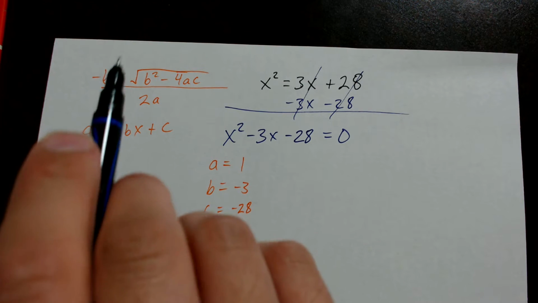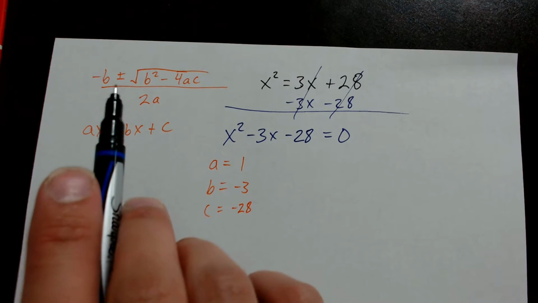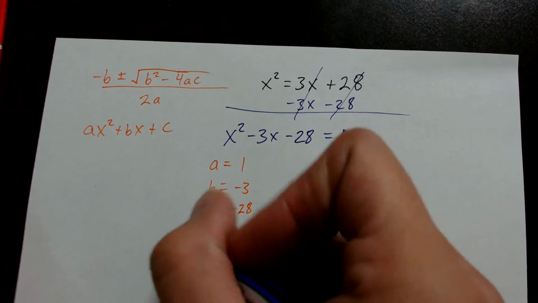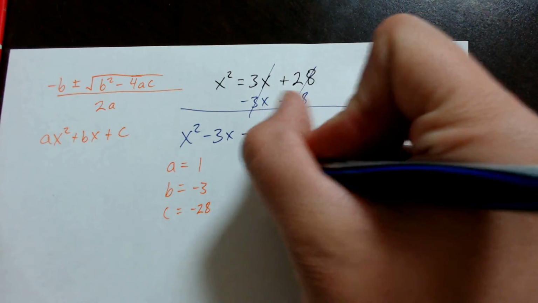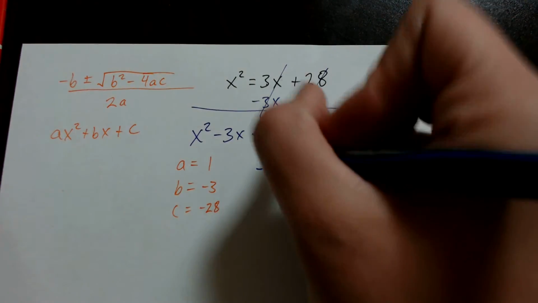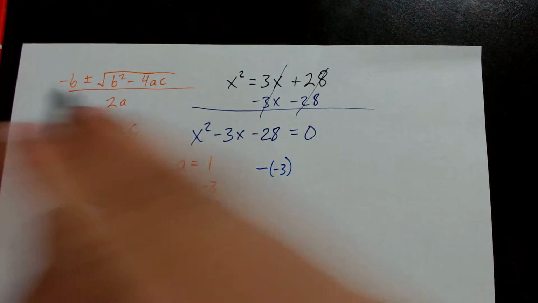So my goal now is to rewrite this quadratic equation using these numbers. So I'm going to start with negative b. And again, if I'm going to properly substitute anything, it must be inside of parentheses. So negative b is going to be negative, parentheses, negative 3, end parentheses. Then I have plus or minus